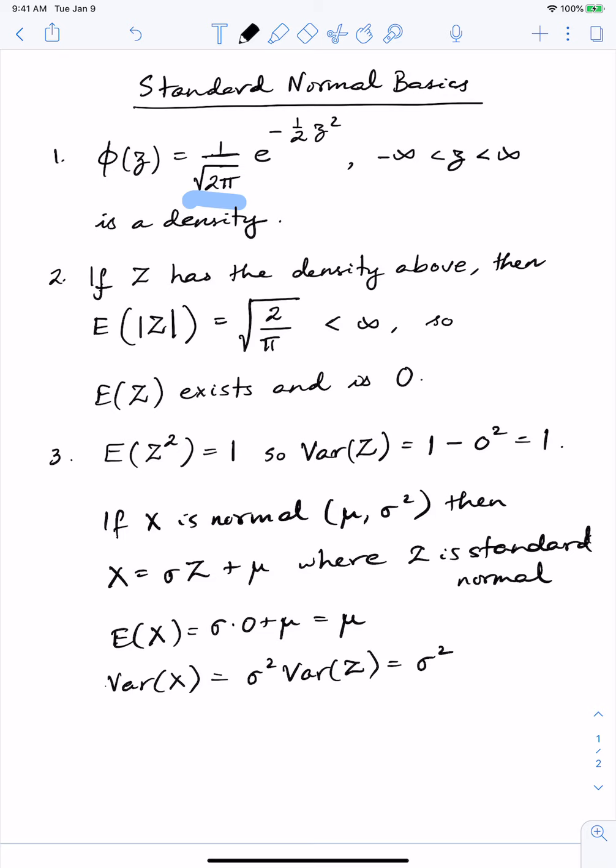And so now we have a genuine justification for calling the parameters of the normal the mean and the variance